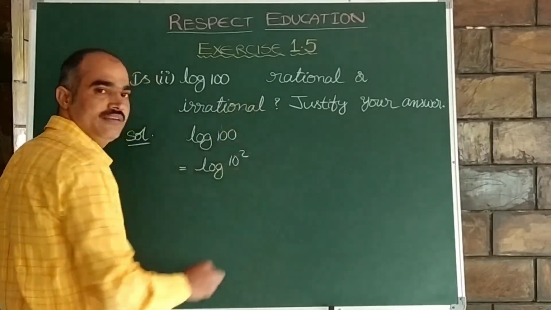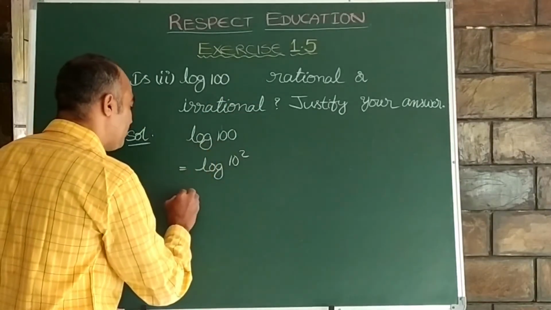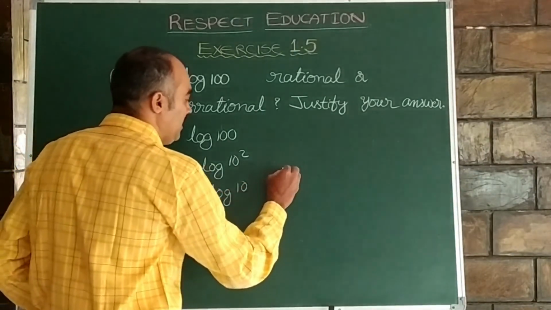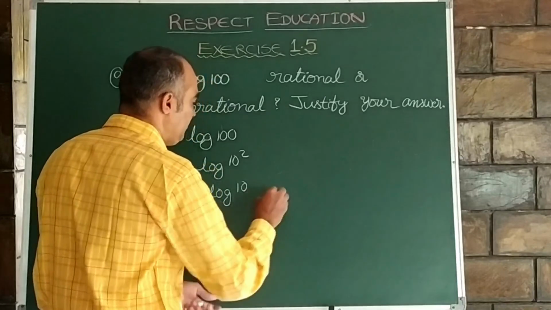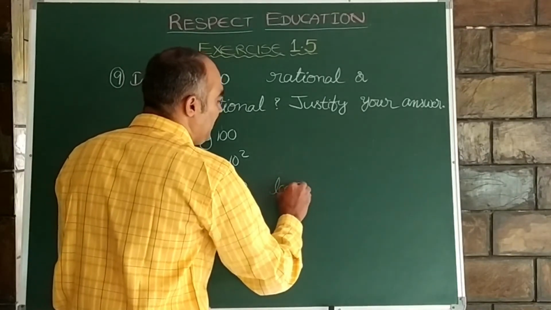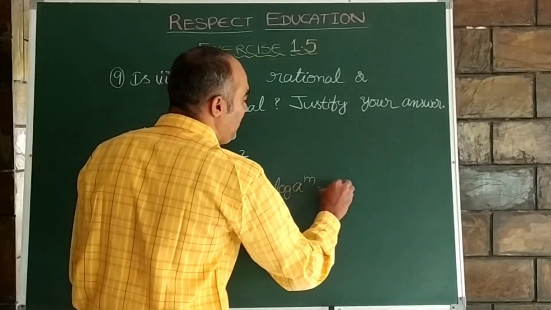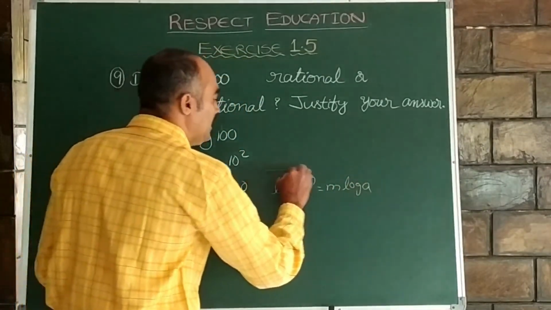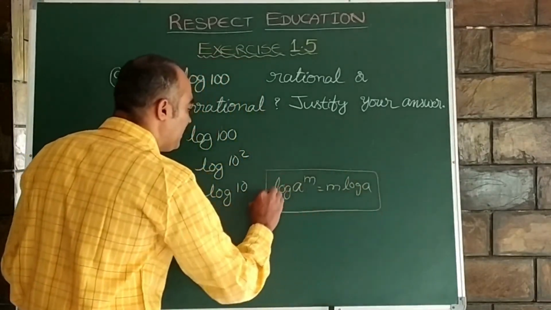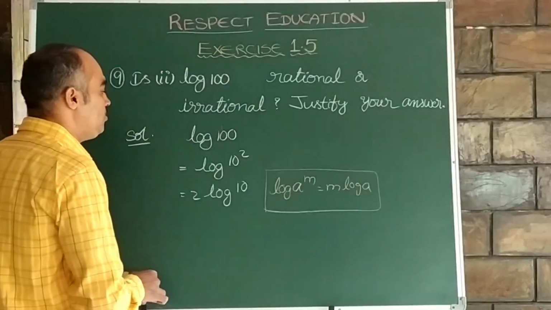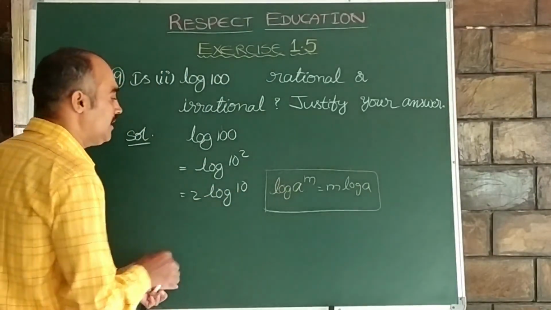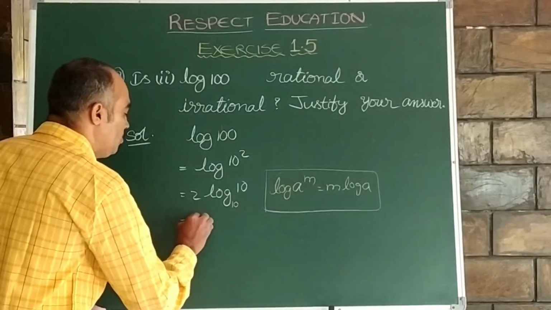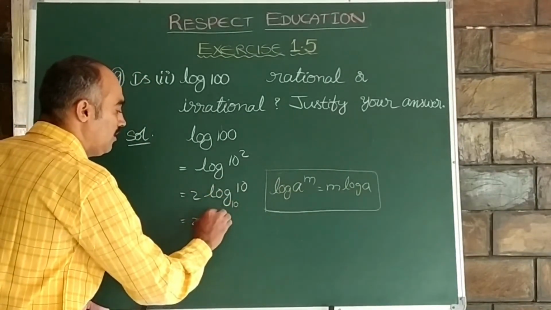10 square. As you know, this 2 comes forward. This is 2 times log 10. Here we have a formula, children, that is log a power m can be written as m times log a. This m comes forward. Based on this formula, we have written this step. And as you know, there is no base. We can write 10 as a base. So it is 2 times log 10 base 10,